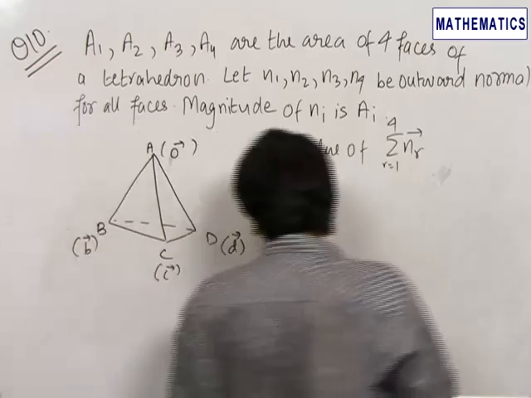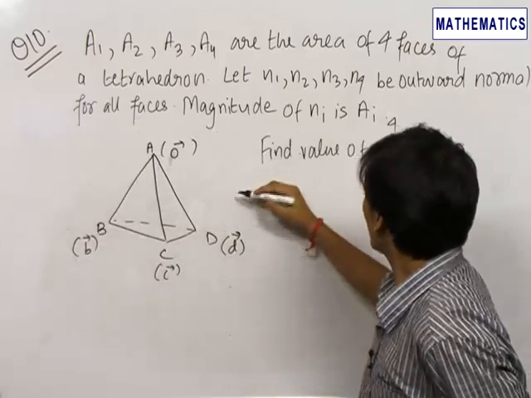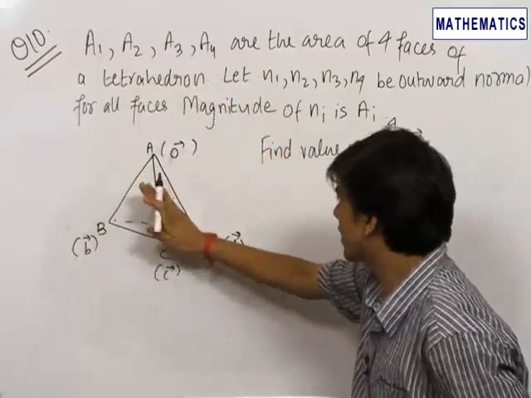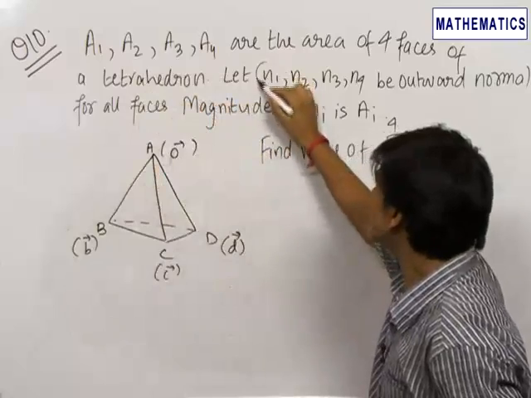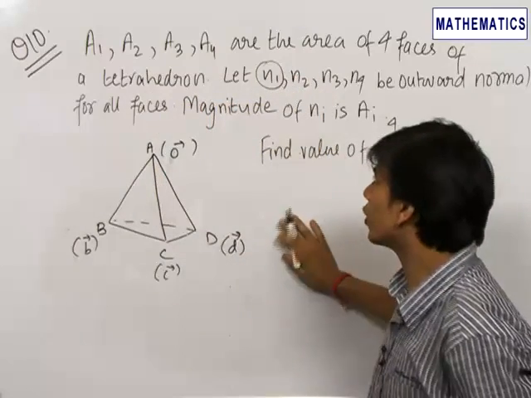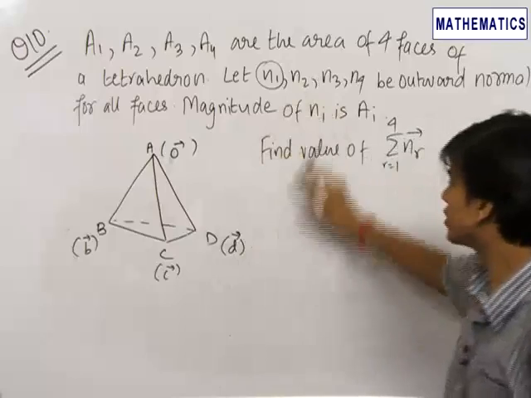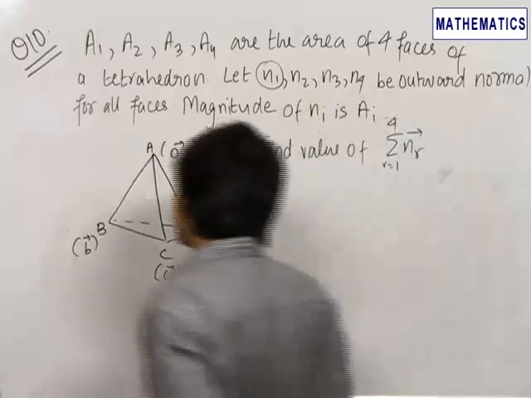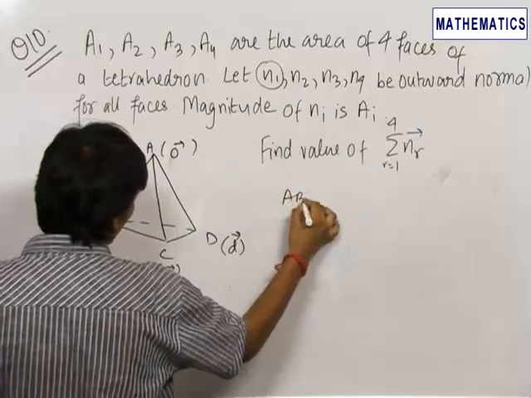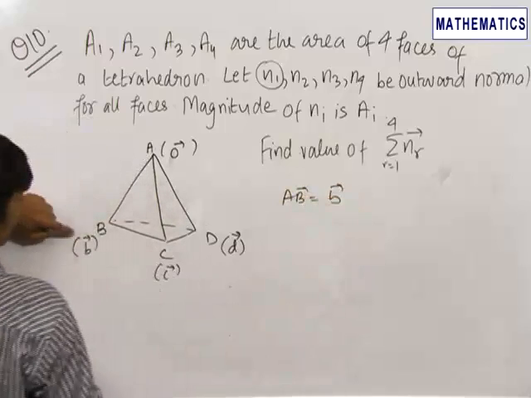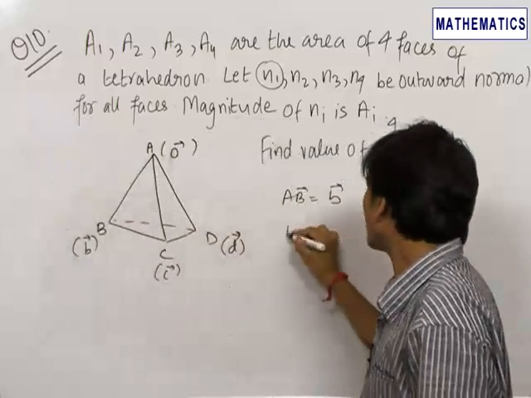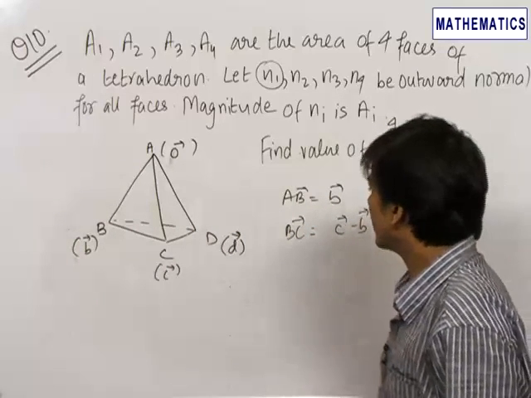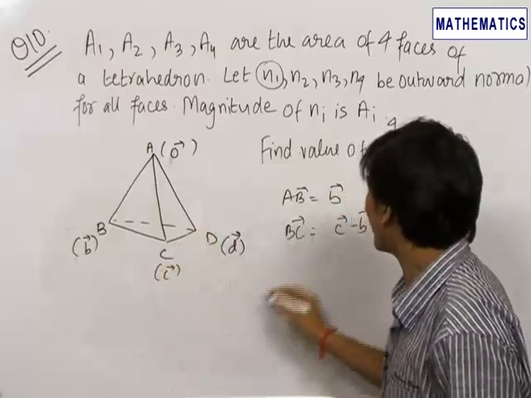Now we know that since N1 has a magnitude of A1 and is perpendicular to the surface area of the triangle, therefore this is nothing else but the area vector. N1 is the area vector of the first face, N2 is the area vector of the second face, and so on. Therefore let this face be the first face ABC. So for this face we can write AB vector is equal to B vector, that is position vector of B minus A. Similarly we have BC vector is equal to C vector minus B vector. Therefore the area vector can be written as half of